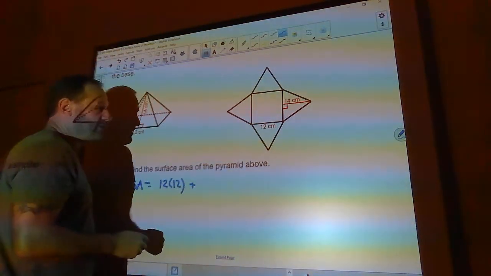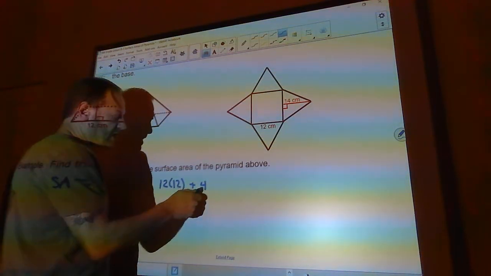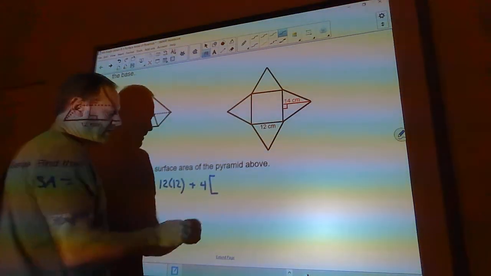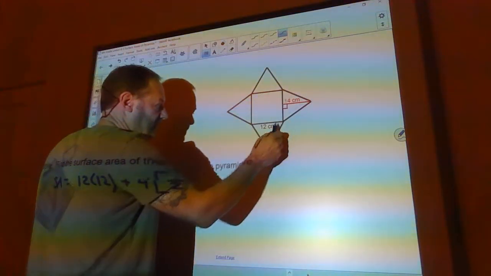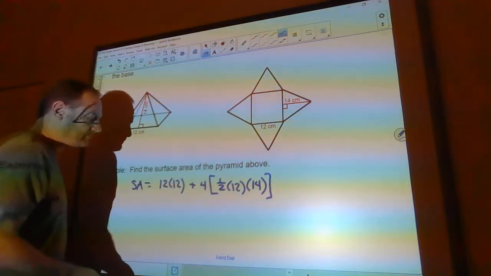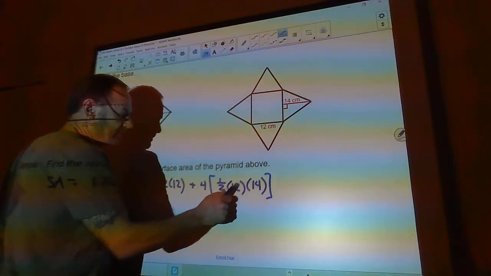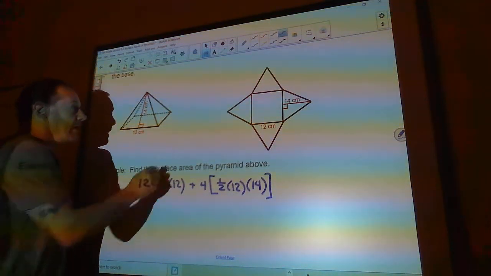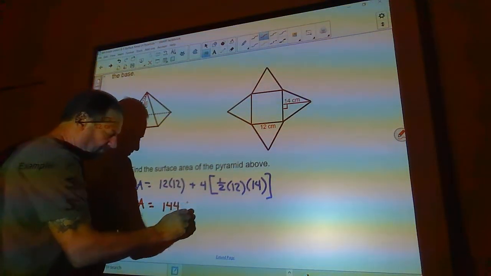Now, this particular net has 4 identical triangles, and you have to make sure they're identical before you do this. If they're not identical, then you have to do them each separately, but I'm going to do them all at once. Remember, the area of a triangle is 1/2 the base times the height. The base of the triangle is 12, and the height is 14. So we've got the area of the base of the pyramid, and then 4 times the area of the triangles, because they're all identical. So the surface area is 144 plus